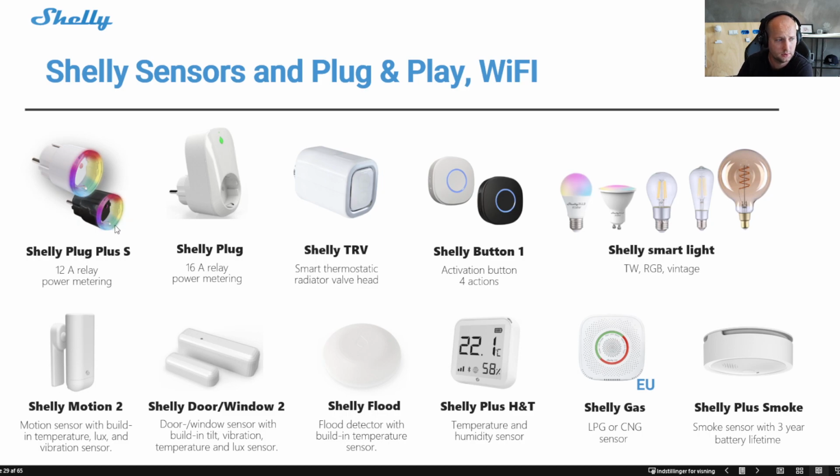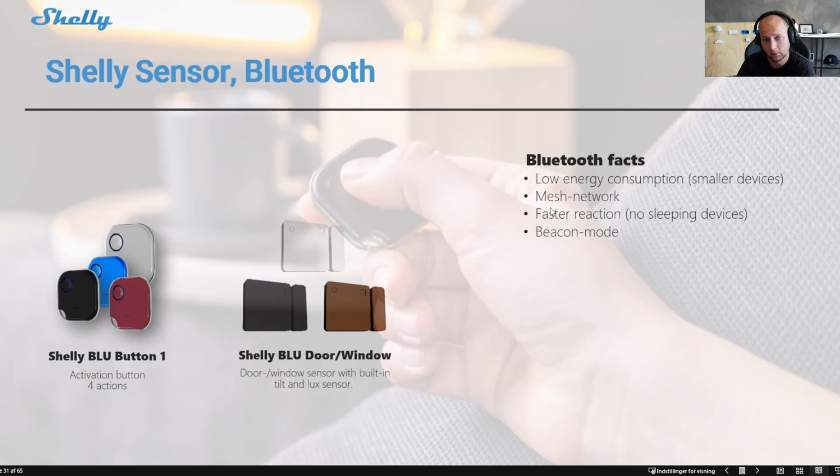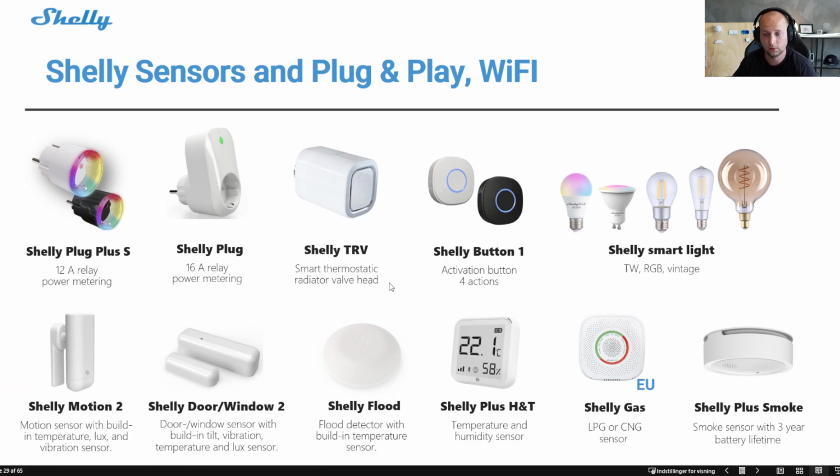So it's quite new, this one, but the successor was probably the most successful smart plug on the market. It has built-in power metering. It also has this colored ring, which as a standard changes between 3 different colors depending on the consumption and the connected power. So green, yellow, red. But you can switch that off or you can control it individually as you want to.